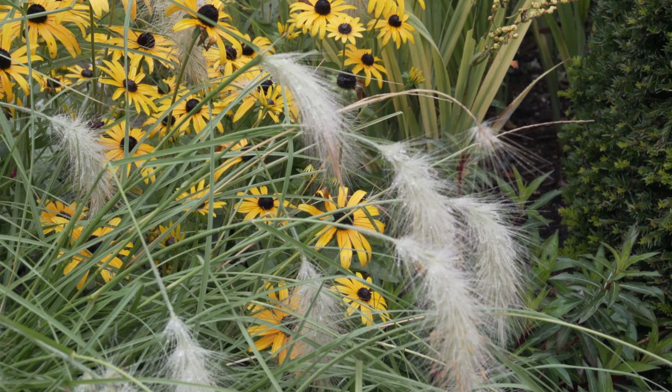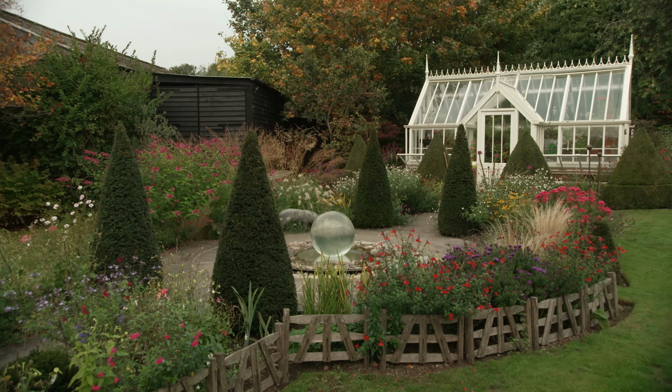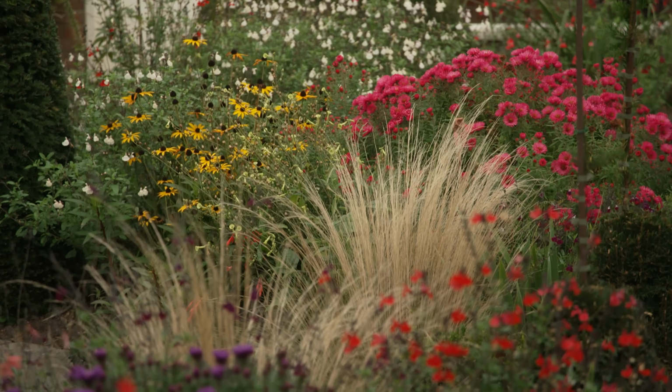October is a time when the garden really begins to change. Autumn's coming. But I had one huge surprise this year. I have 2 narrow borders running up to the greenhouse. Normally I put annuals in there. I had cosmos the year before and they weren't terribly good. So this year, anything I had left over